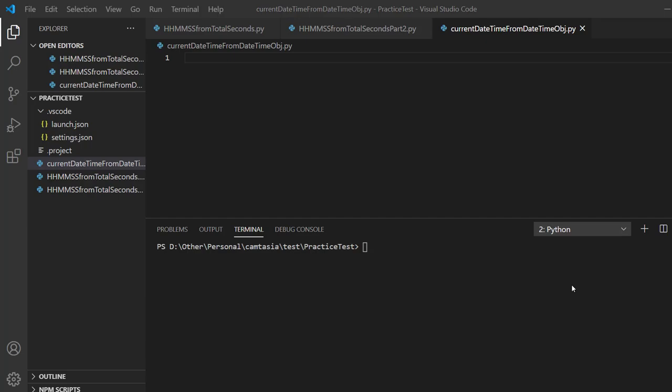So today in this video we will be seeing how to print current date and time in required format. So here I am using Visual Studio Code and you can use any IDE, basically PyCharm, or even you can use Python's own IDLE. Okay, so to print current date and time, all we need is the datetime module. So let's first import datetime,